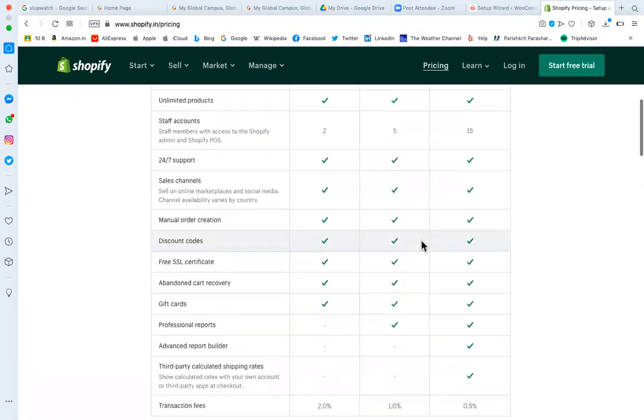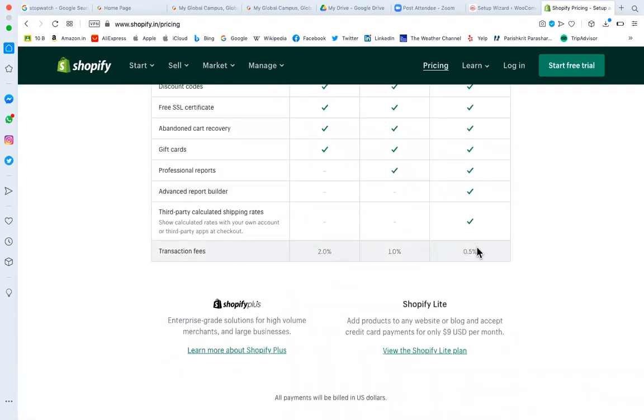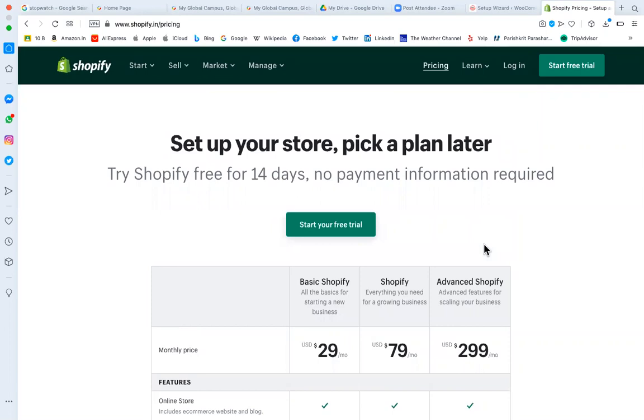But this is the continuous payment you have to do. It's not the one time. Yeah. In WordPress, your theme is one time, plugin is one time. That continuous payment you don't have to. So if you are using any such payment gateway which is asking for the recurring cost, then there you have to pay for it. So you can also explore Shopify, but Shopify exclusively for the e-commerce.